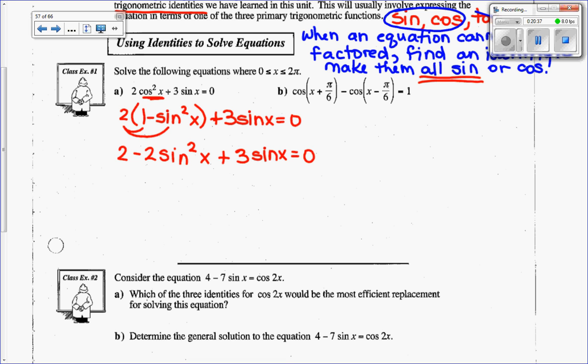Now I need to rearrange this a little bit again because I want this equation to look like